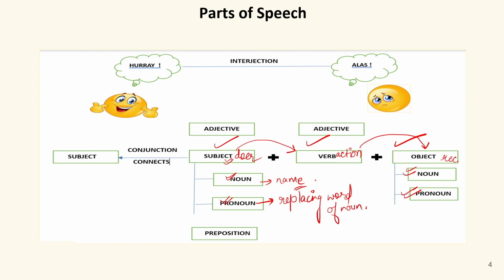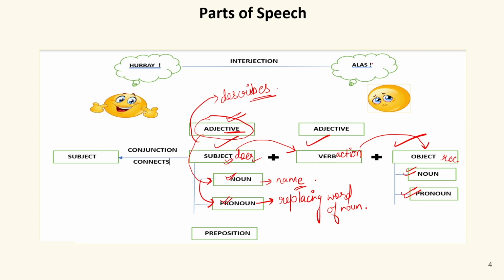A word which can replace a noun and make the sentence complete. Now we have the word adjective over here. Now what is this adjective? Adjective is actually the modifier or the qualifier. A word which can qualify a noun or pronoun, or you can say it describes the quality or anything about a noun or